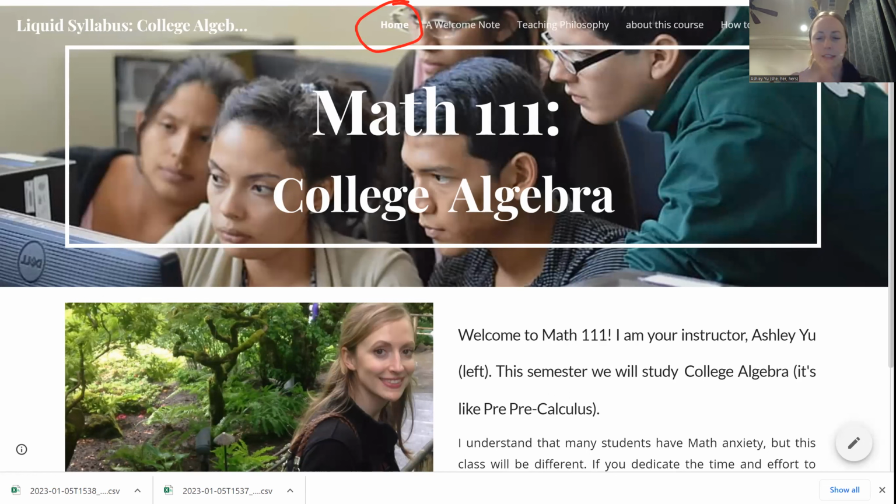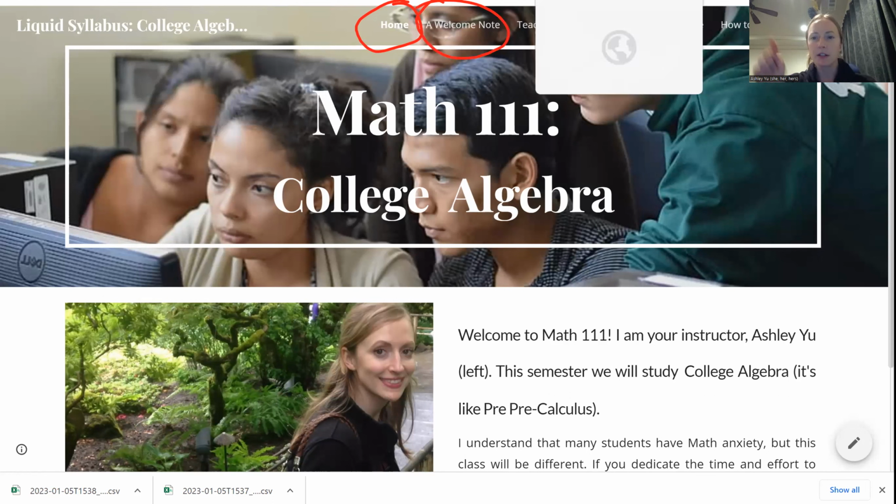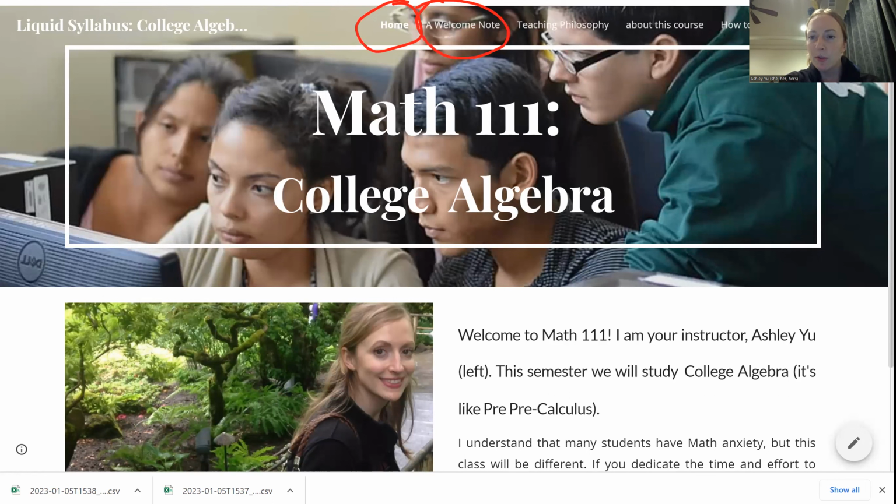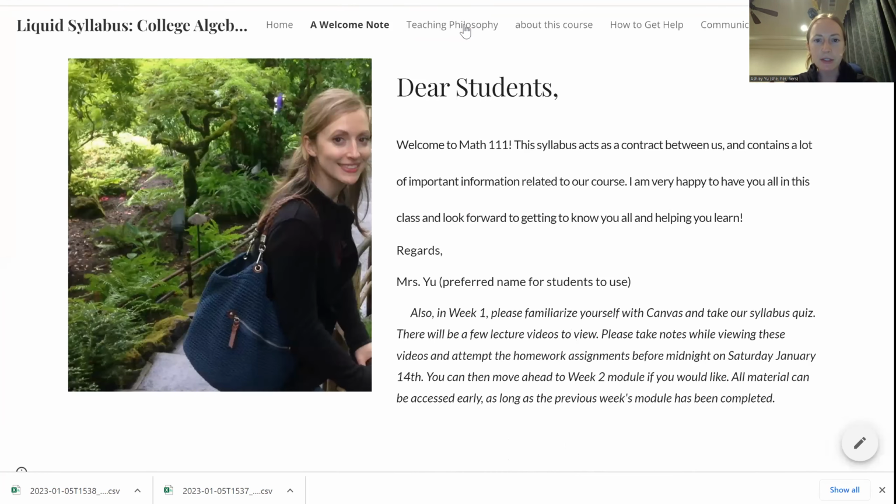Once I read anything I want to on this page, scroll down and read it all, I'm going to move on to the next page, a welcome note, and then just keep clicking on the pages as you go. And then once you get to here, there should be more, and there'll be a drop-down menu, and you can pick any of them. So I thought maybe I'll go through all the pages. I don't want to get too detailed and bore you, but just anything that I think might actually help.